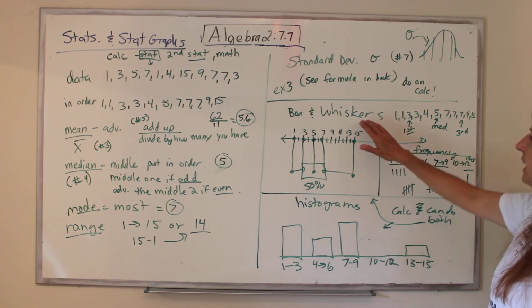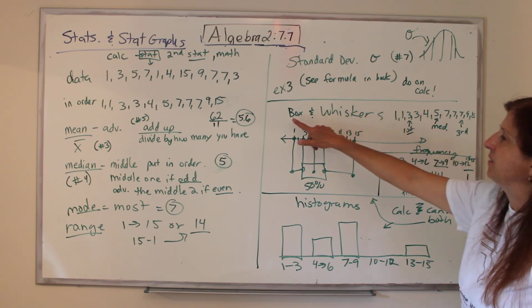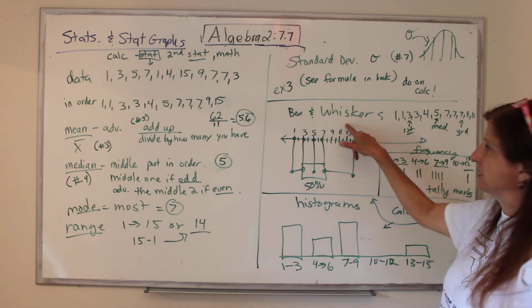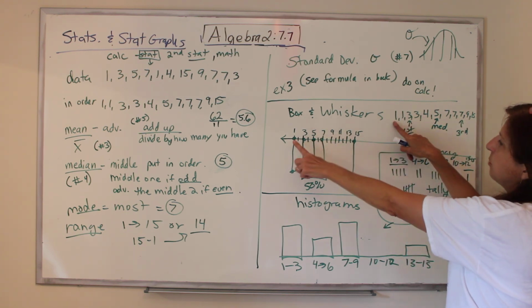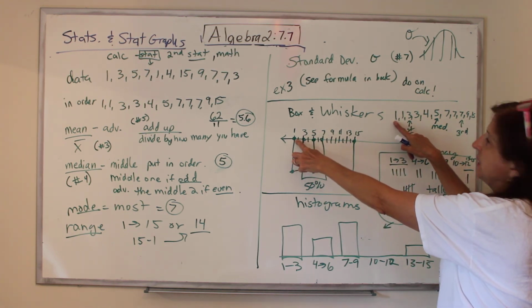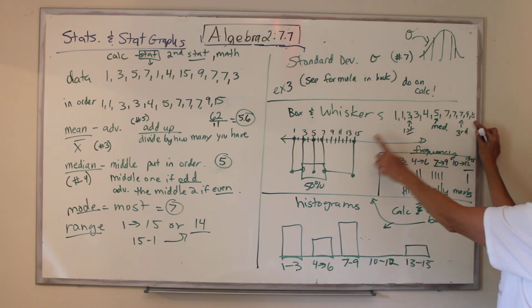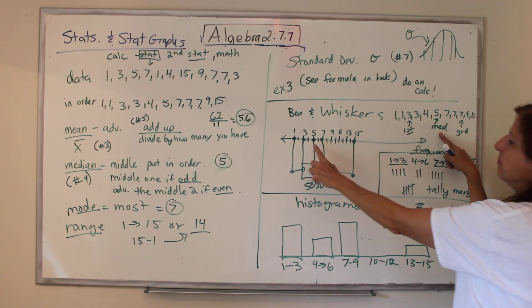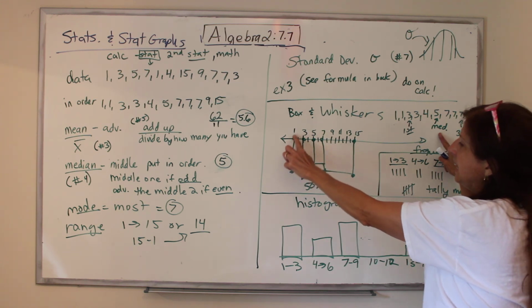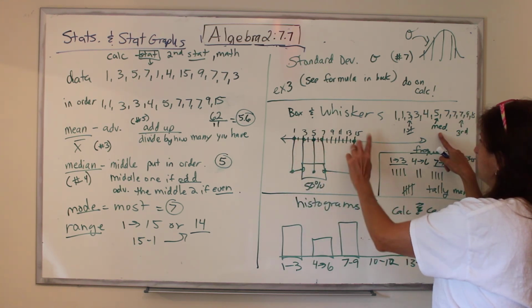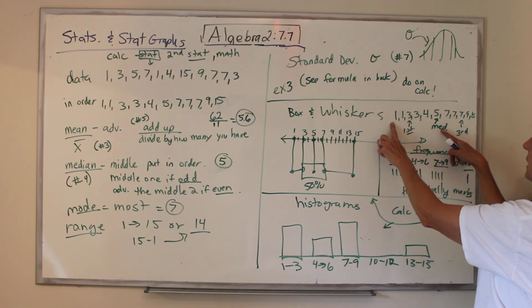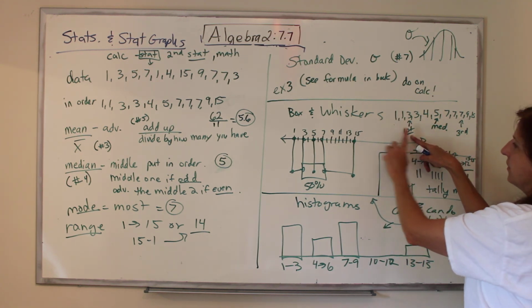All right. The next thing is we can plot this stuff in a plot called box and whiskers. So you put them in order. You put on a number line your lowest number and put a dot. You put your highest number and put a dot. You put your median and put a dot. Each of these dots, you draw a line down and put another dot underneath it. You get the middle of the first half